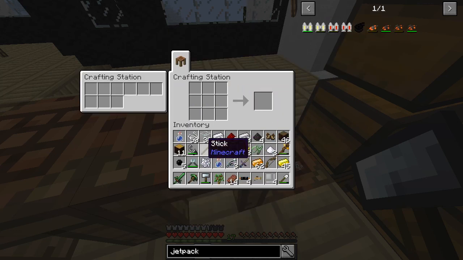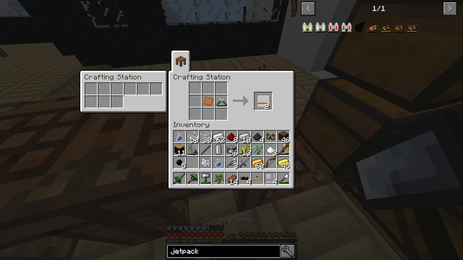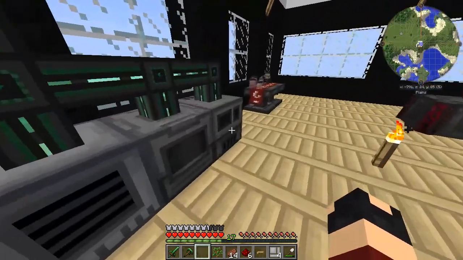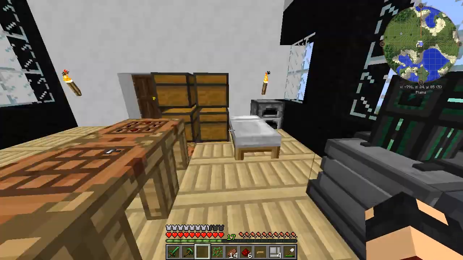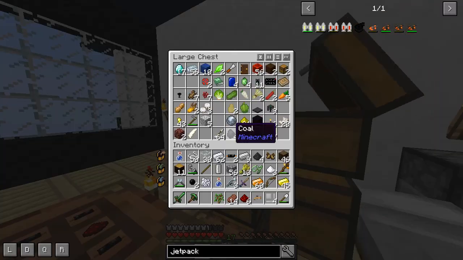Oh, we're so close. We need just a little bit more plates. So let's get those and then cut them down. Grab the rubber. And then it was 2 redstone on the sides, and then we're going to have to put this away for a second while I throw this 1 iron ingot into the energized smelter while we wait for it. I can come over here and prepare the...